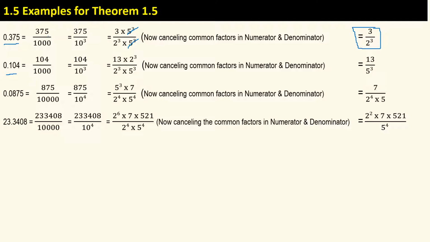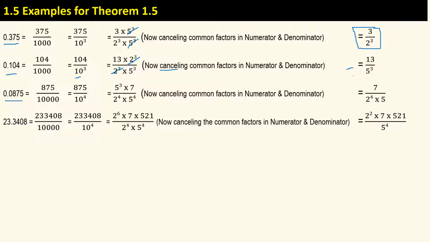0.104 is equal to 104 divided by 1000, which can be written as 13 multiplied by 2 raised to power 3 divided by 2 raised to power 3 multiplied by 5 raised to power 3. And now we cancel out the common factors. In this case, 2 raised to power 3 and 2 raised to power 3 go out here, and we are left with 13 divided by 5 raised to power 3. Similarly,